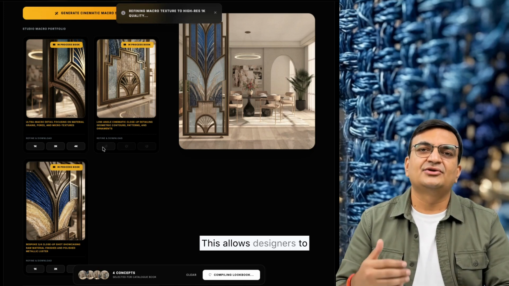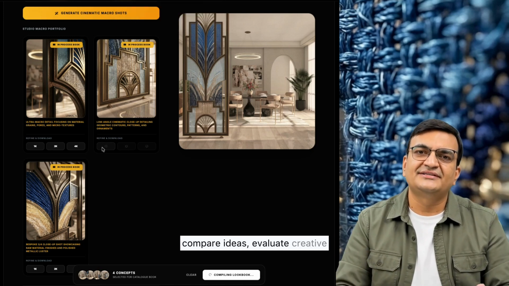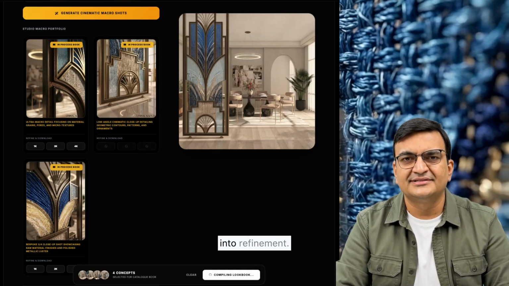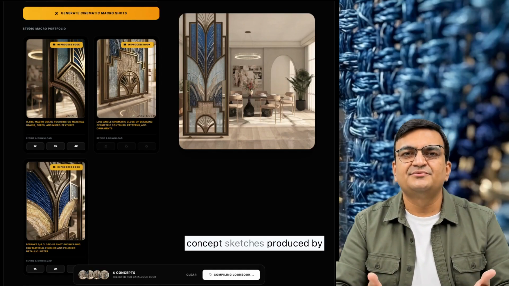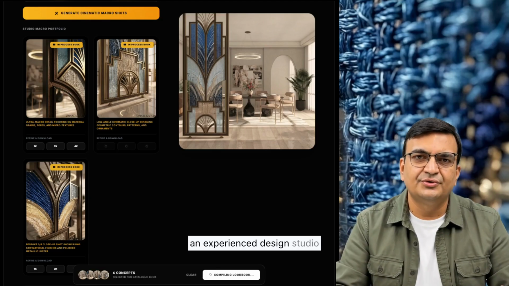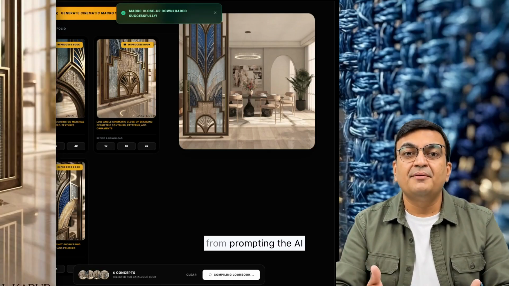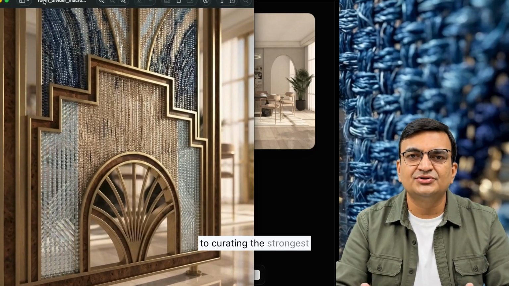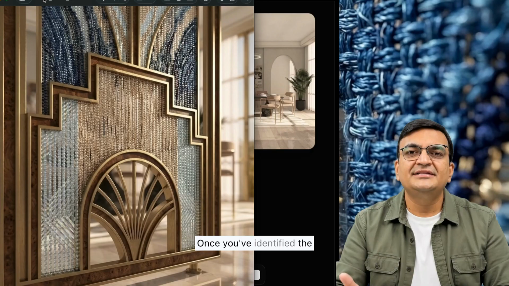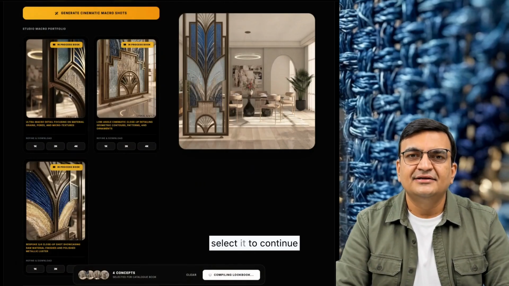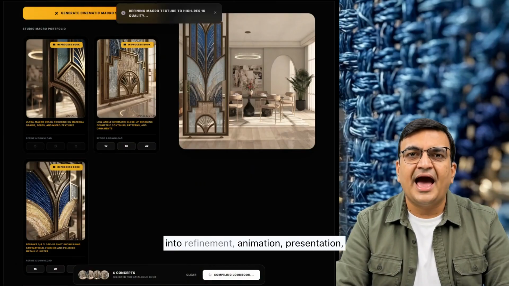This allows designers to compare ideas, evaluate creative directions, and discuss options with clients before moving into refinement. Think of these as concept sketches produced by an experienced design studio rather than isolated AI images. Your role now shifts from prompting the AI to curating the strongest creative direction. Once you've identified the concept that best aligns with your vision, simply select it to continue into refinement, animation,